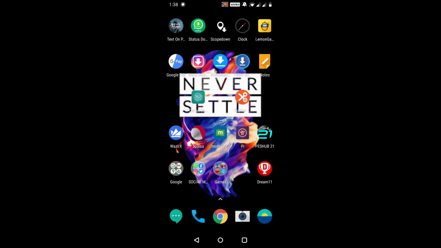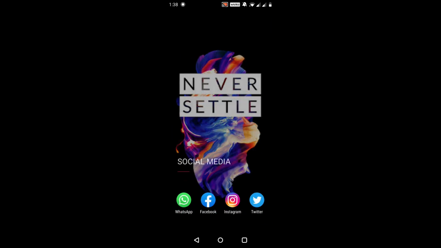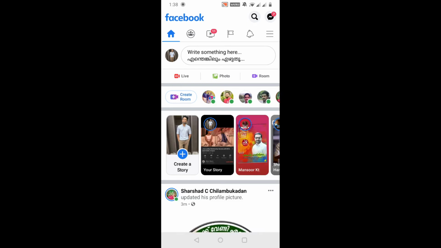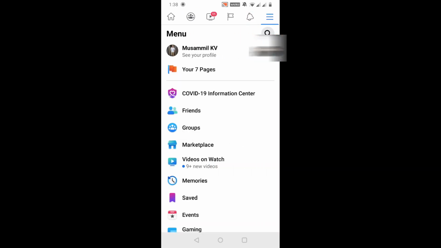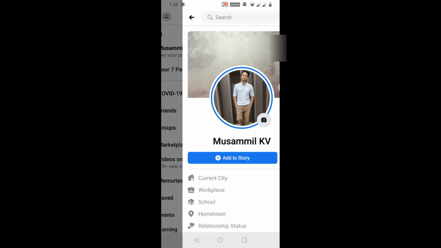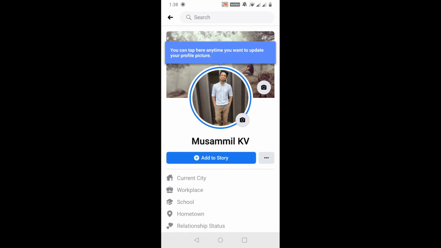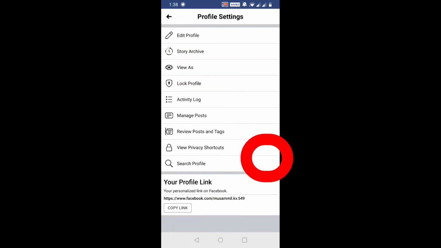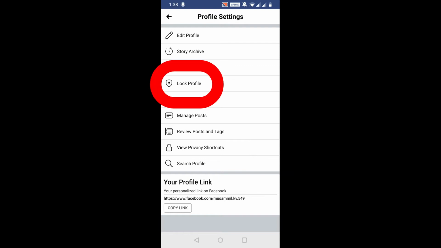So to turn on the lock your profile feature on Facebook, first of all, just open your Facebook app, and from there just click the three lines which you can see in the upper right corner, and from there just go to your profile. You can see here, see your profile, just click there, and from there just click the three dots, and from there you can see an option called lock profile. Just click it,